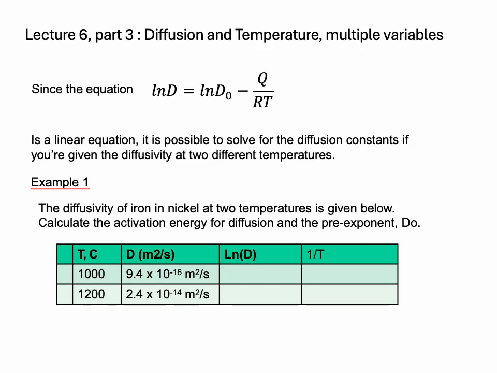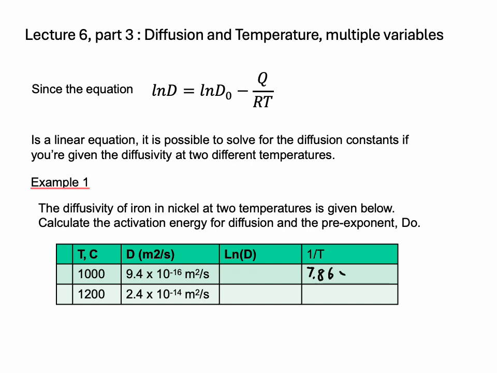Setting up a table like this makes it the easiest approach. I've given T in Celsius and I've given D. I'm going to turn the diffusivity value into the natural log and take the inverse of temperature. At 1,000 degrees, the inverse of that is